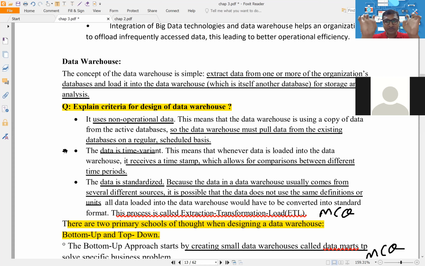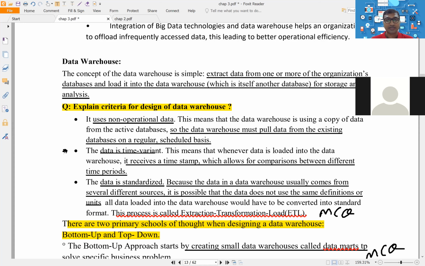We are going to extract the data. Then there is a possibility that the data may be in different formats. So first we will transform the data into a standardized format and then load that data into the data warehouse. So generally the data warehouse will be created at head office or near head office, where only filtered data will come into the picture. Now when you are doing this, there are three important things.